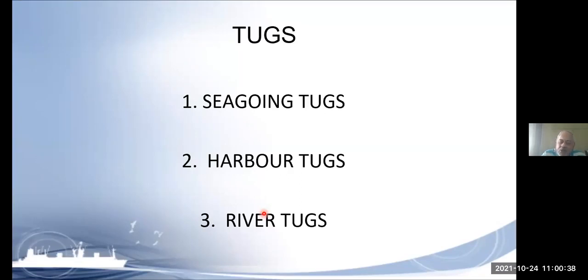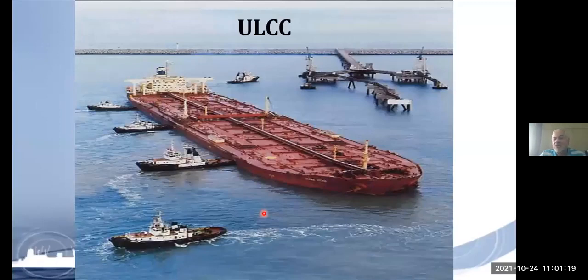They will mainly be towing or in a push-pull arrangement with the barges, and a barge is just a floating storage for the cargo. So you put the cargo, and these river tugs will tow the cargo from point A to point B through rivers. And rivers, of course, are water, but rivers do not have the rough weather that oceans and seas have. So they will also be constructed differently. But all of them come under the tugs category. Okay, so let's see further.